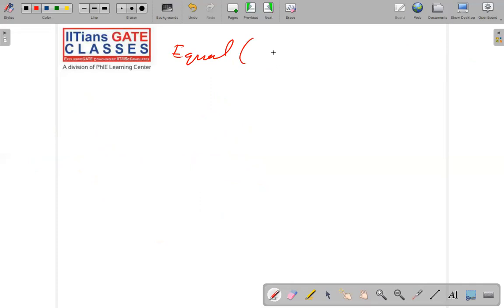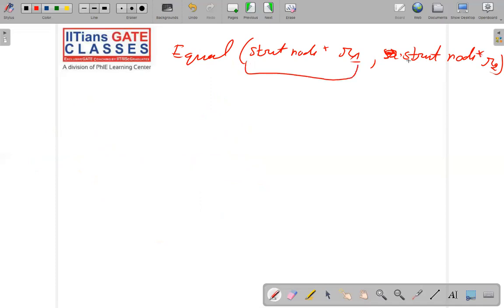I'm writing one equal function where we have struct node star root1 and struct node star root2. So we have the root of both of the trees. Okay. Now what do we do? From here we will see that, okay, if